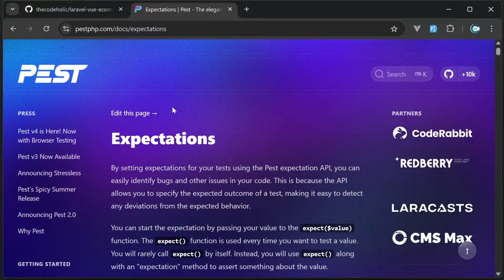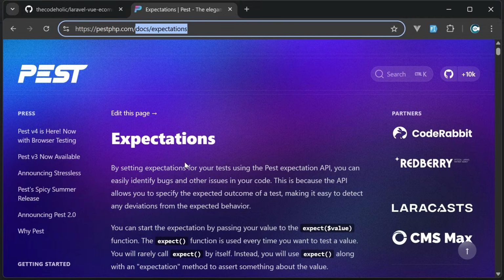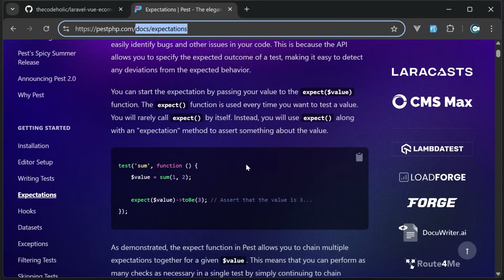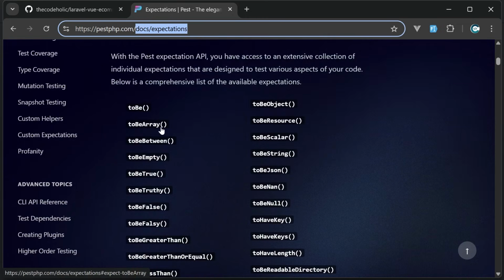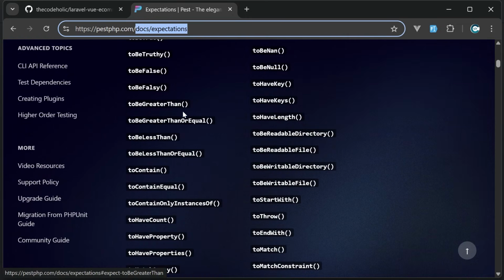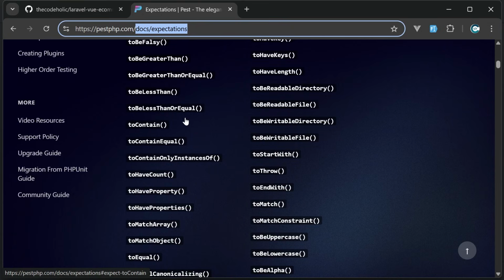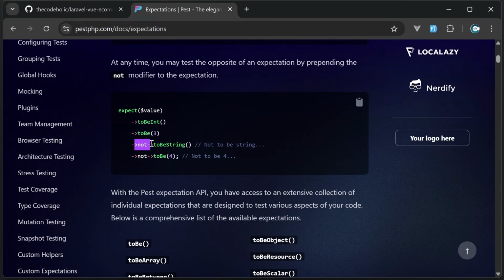I'm going to open the Pest expectations documentation page, and here we're going to see everything that is possible. All right, so if we scroll down below, we have this to be array, to be between, and I'm not going to read all of them, obviously, but I encourage you to have a look and understand what expectations are available, because expectations define how easily you can write tests. As an example, you might get an array and you expect that array to have exactly 3 elements inside there, to have count 3. And we also can negate our